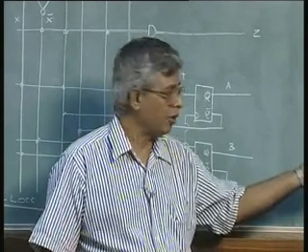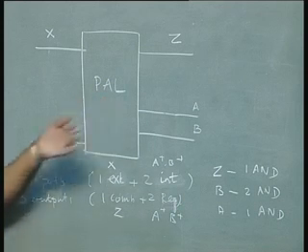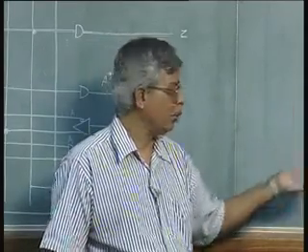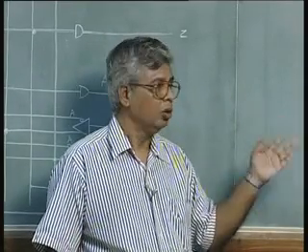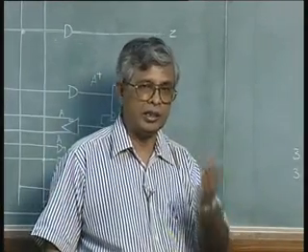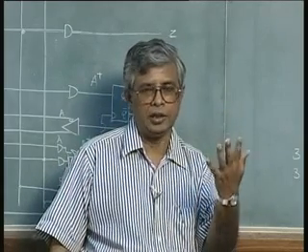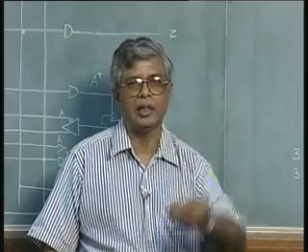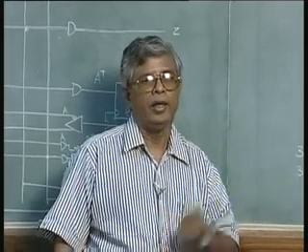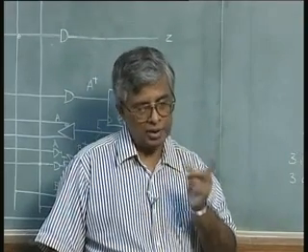So, that is why the trivial example was taken, but in practice these PALs will have much more capabilities. For example, a standard PAL will have at least 8 combinational external inputs and 8 outputs, out of which 4 may be combinational outputs and 4 registered, and these registered outputs can also be brought back as inputs. So, we will have 8 external inputs, 4 internal inputs as one typical scenario, 8 outputs, 4 combinational, 4 sequential, a clock,